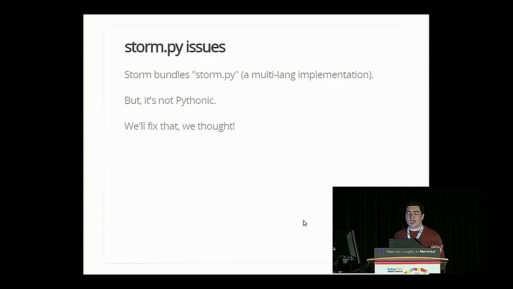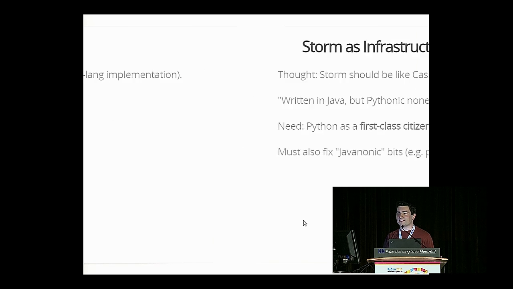So Storm actually had a Python implementation bundled with it. It was called storm.py. The problem was it wasn't Pythonic at all. It was basically a single module written as a proof of concept. And you were supposed to copy paste that module into a jar that you would submit to your Storm cluster. They kind of assumed when you were using this that you were primarily a Java programmer who maybe had JetBrains or something open, and you would copy storm.py into your Java project and thus be able to bridge over to CPython. So that was the first thing that we thought we should fix.